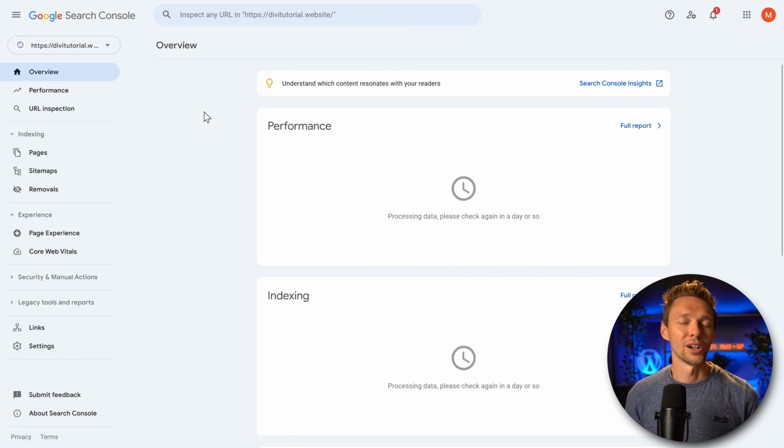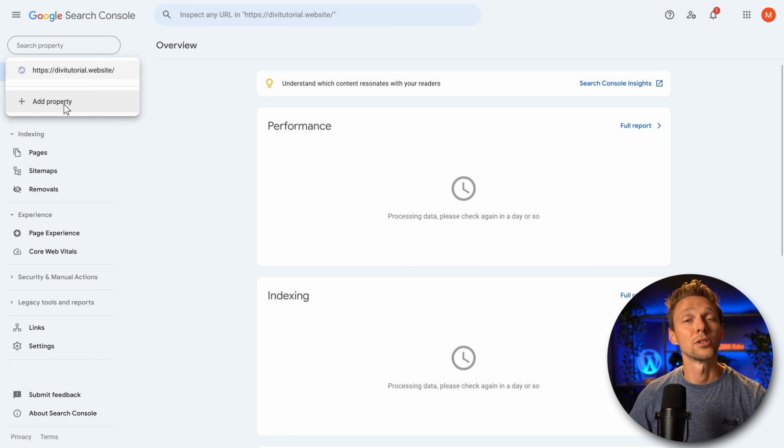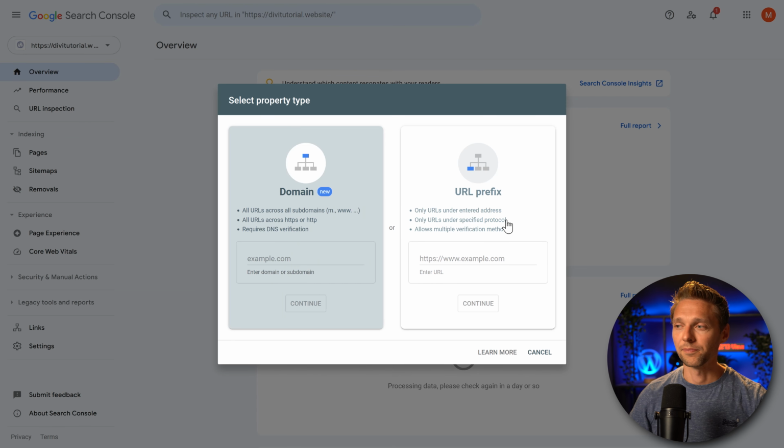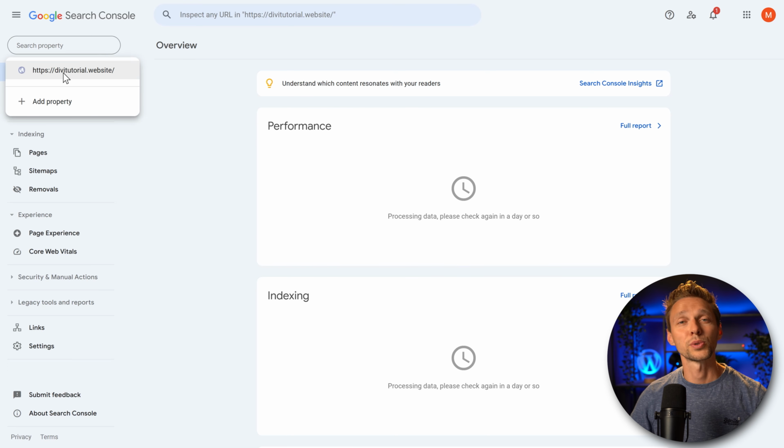Welcome to your Google Search Console dashboard. This is the place where everything happens. If you go on the left side, you can see all these things which we'll be talking about one by one. But if you click first over here, you can add even more websites to your Google Search Console if you have them. Just click on Add Property and you can follow the same steps that we've just done. And in here, you can also switch between different properties.